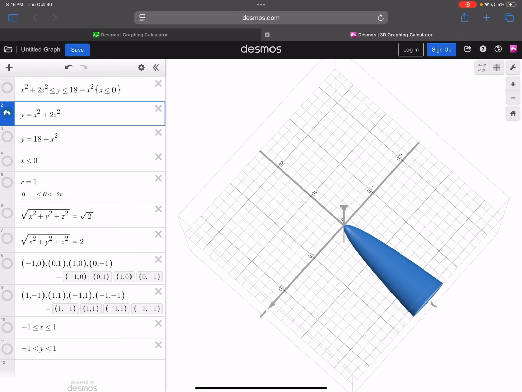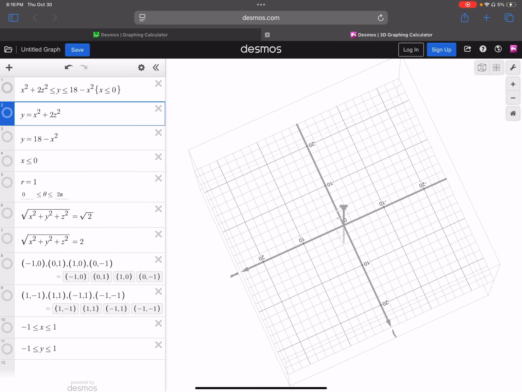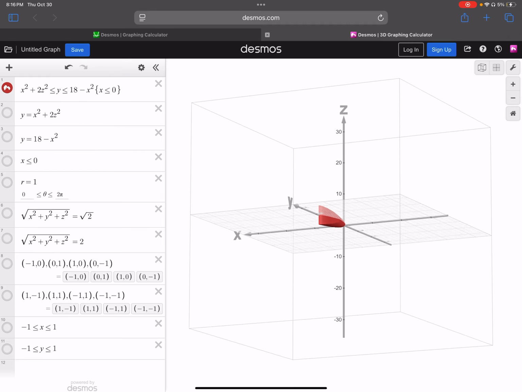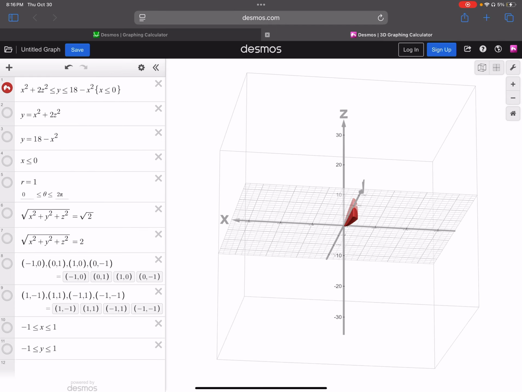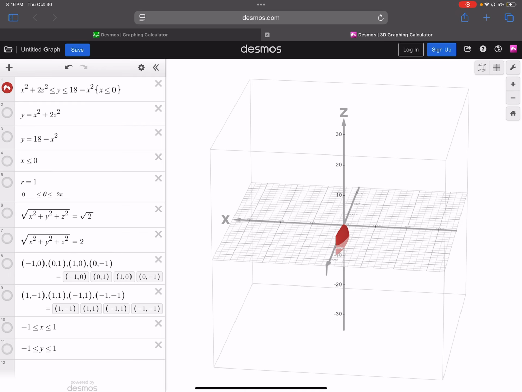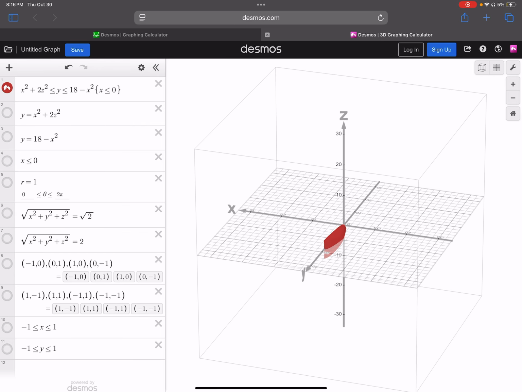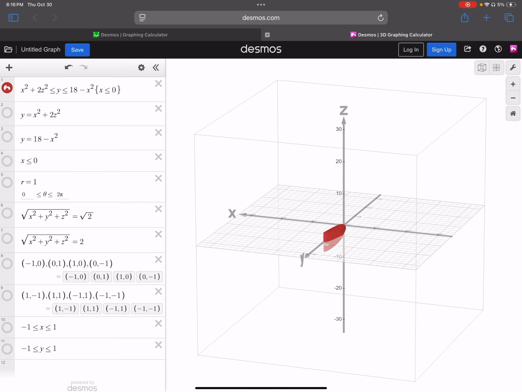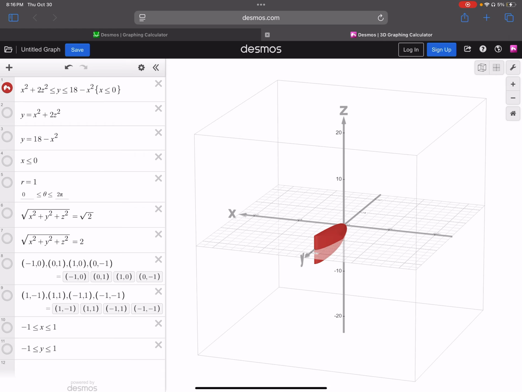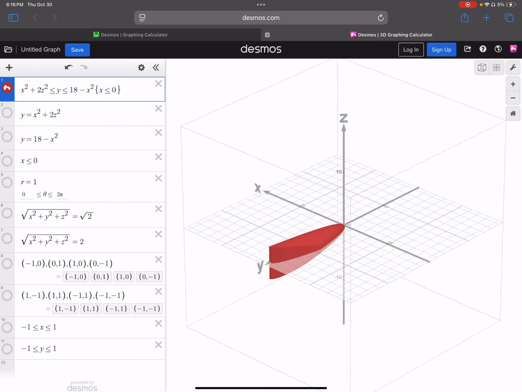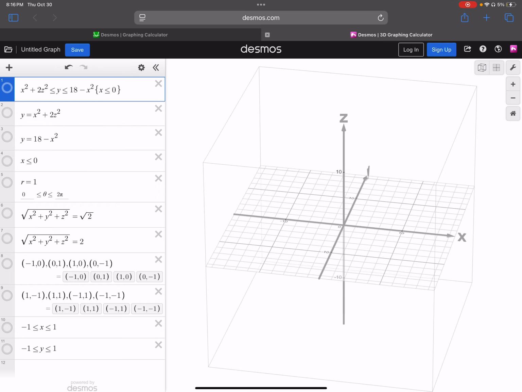What I'm going to do is remove those, and then we're just going to see the region that we actually want to be looking at, and that will be this region. So we can see x is less than 0, and then you can see a pretty significant cut going on there as well. Okay. The next region we're going to graph is the region that is outside the cylinder, r